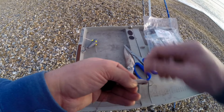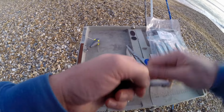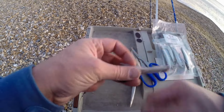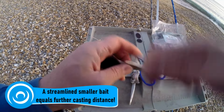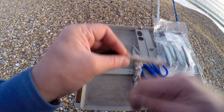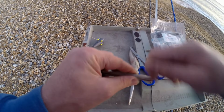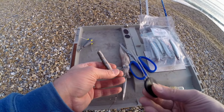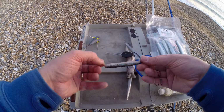Starting from the hook end, just start whipping down all the way along. What this is going to do is bind everything together into one nice long streamlined bait. Like so. Then I normally just go back up the other way at a slight angle and then snap it off. Okay, hold on to the bait, slide out your tool, and there we have, I think, a perfectly presented sprat